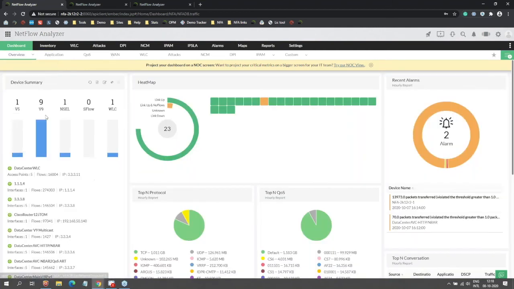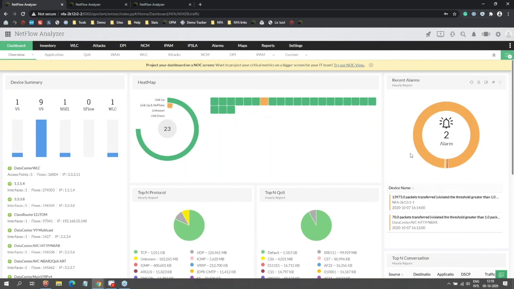So when I go to traffic summary, it's telling me what the devices are, how many flows are coming in, what the different interfaces are, and what the status of each interface is. As you can see, all these green ones are up. This orange one means the link is up, but it's not sending in flows, which we noted because we are actually not getting data. If that's the case, you can check on that.